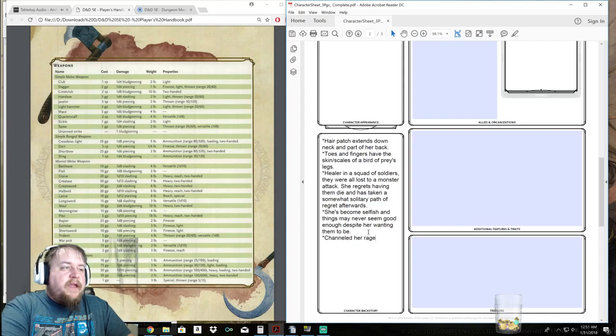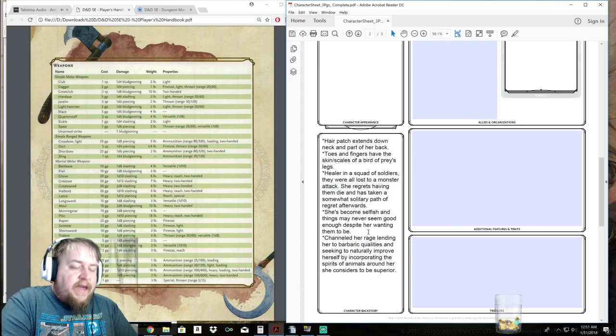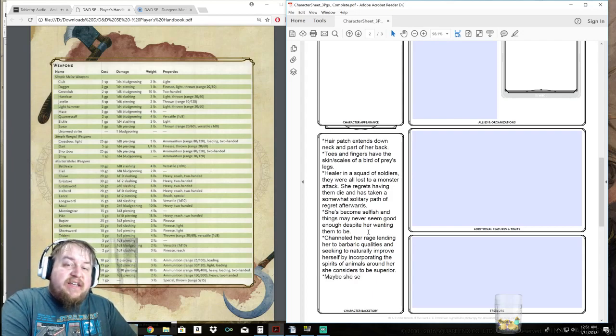Channeled her rage, lending her to barbaric qualities, and seeking to naturally improve herself by incorporating the spirits of animals around her she considers to be superior. In that case, we can even make a note here. Maybe she seeks to become a monster,